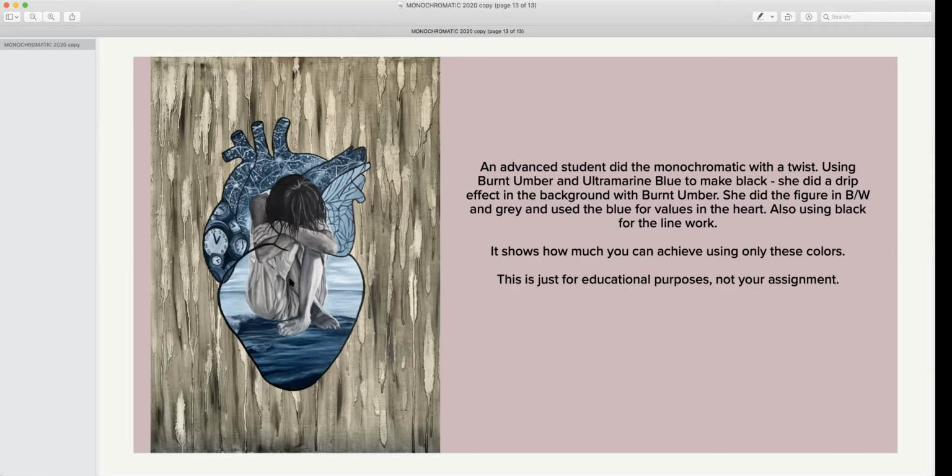And this is just for educational purposes. It's not your assignment. So when somebody says, you know, you've only got 2 or 3 colors to work with, you really have a bigger, broader spectrum than you think you have. When you add tints, tones, shades, and you use the